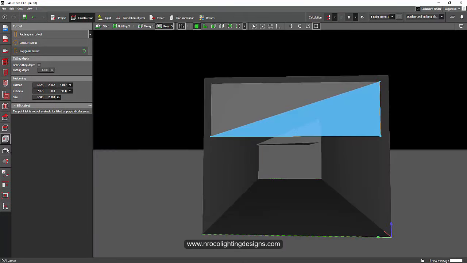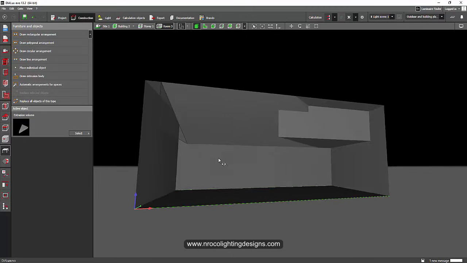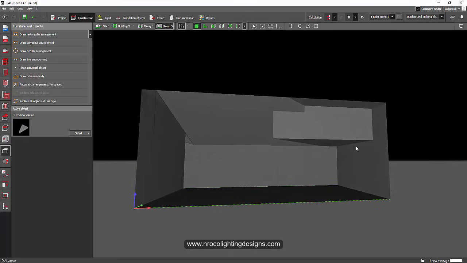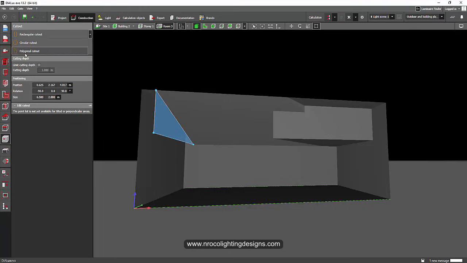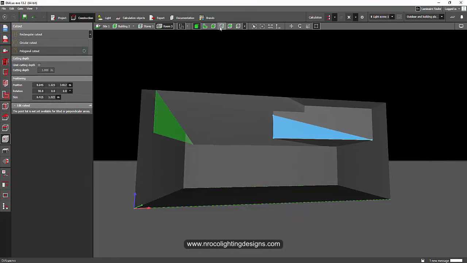So there you go. I think this is good. And this one also, we will do the same. We will cut it in the same manner, and then we can do it precisely in the elevation view later.